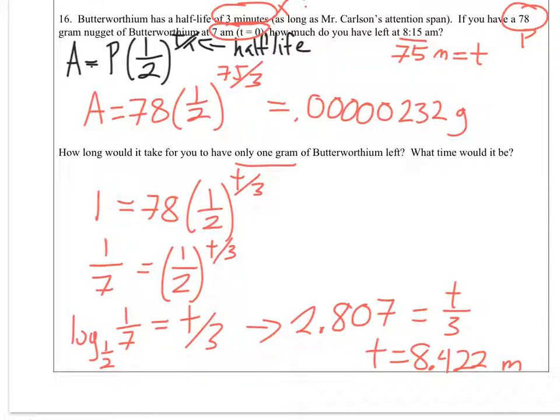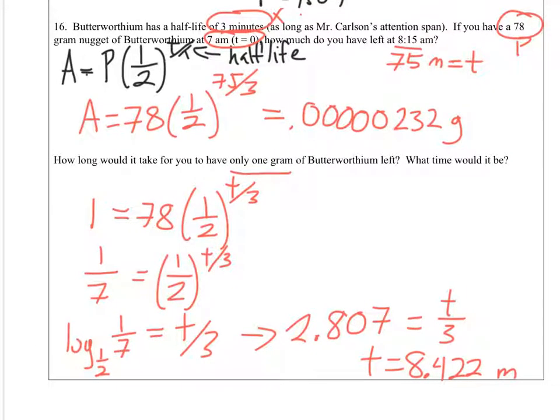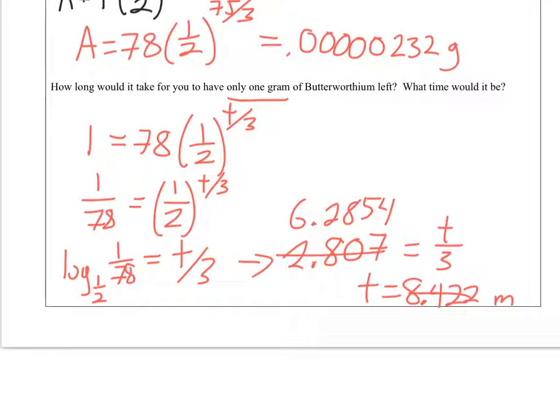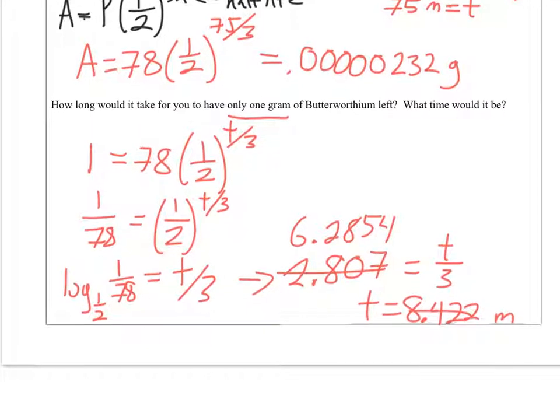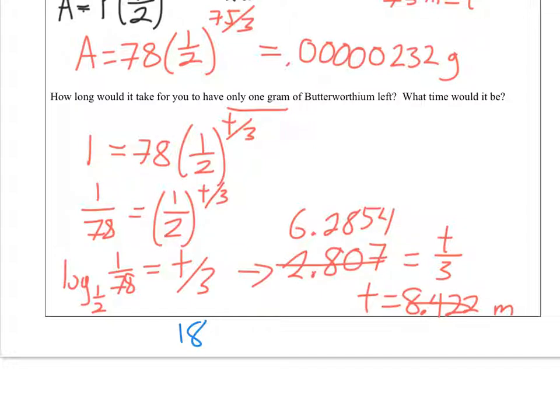And that's totally wrong because at the very beginning I divided wrong. Instead of 1/7, that should be 1 over 78. I don't know if I said that and just didn't write it. But that's going to change that to 1 over 78, which instead of 2.8 something would be 6.2854, which means that my actual time, instead of being 8 something, is going to be 18.856 minutes,